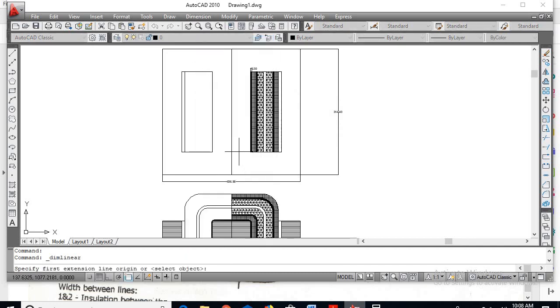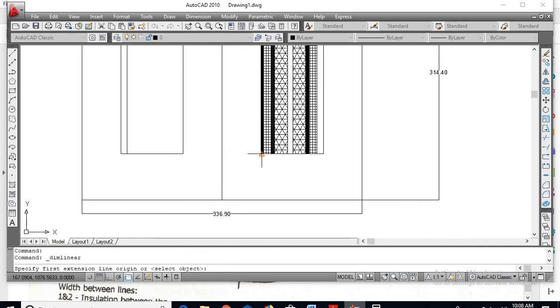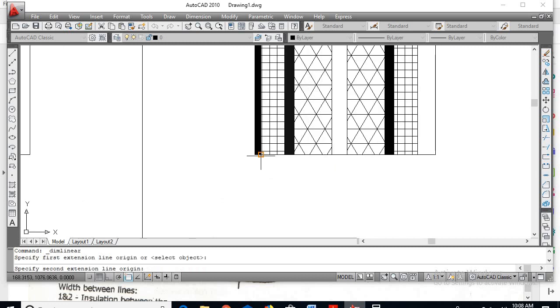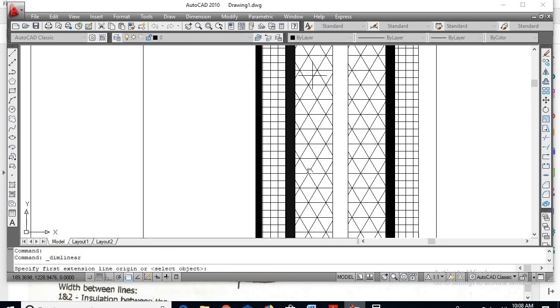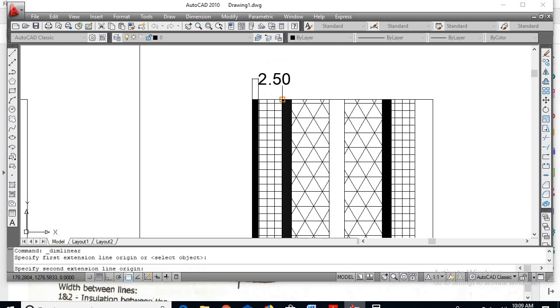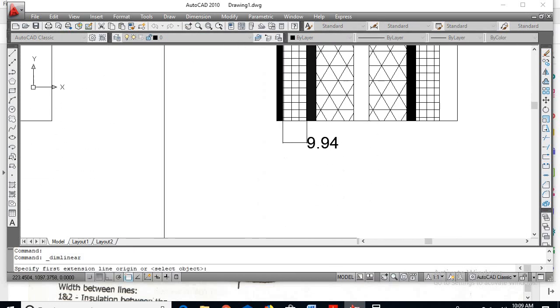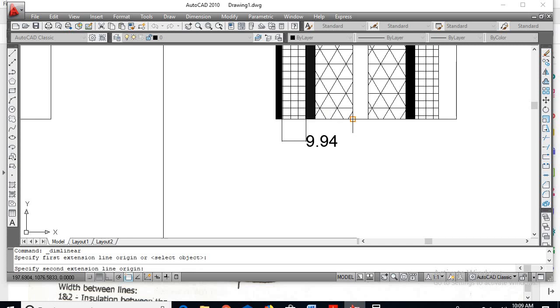Dimension linear. This is the HV coil, LV coil was 9.94. Next, insulation. 0.81. 0.6.